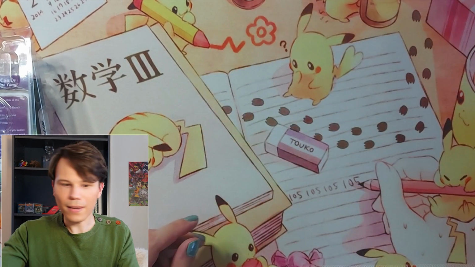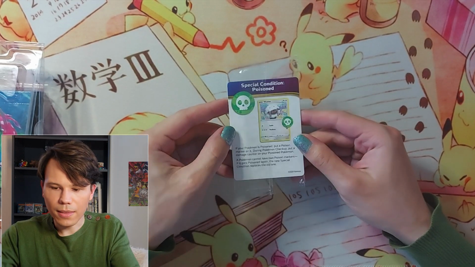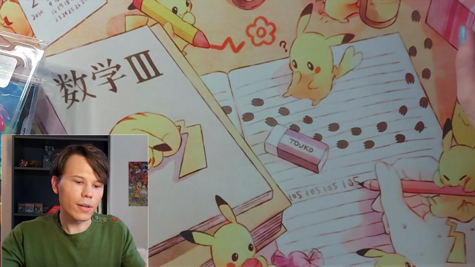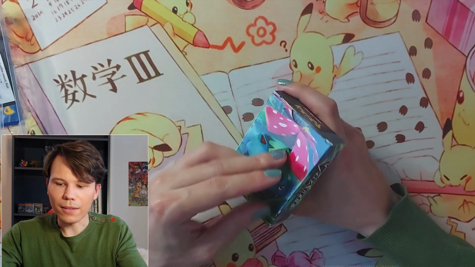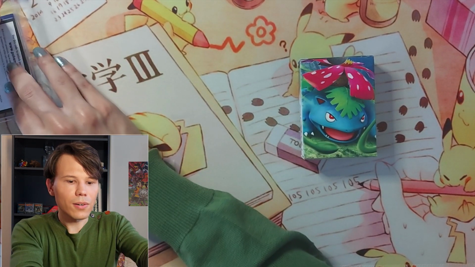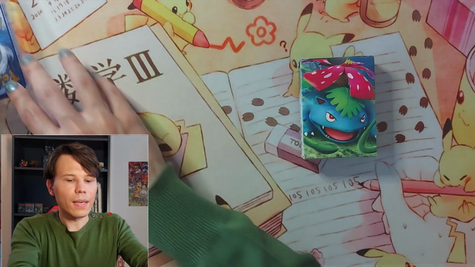Yeah, not too bad. Then there's these little cards. I think they're also like tools to help you learn the game. Let's leave them in there for now. And then last of all, there is the deck box with the actual deck in it. The Venusaur card is separate. There's also an online trading card, and